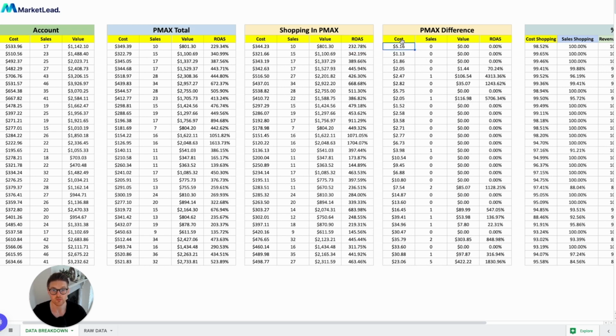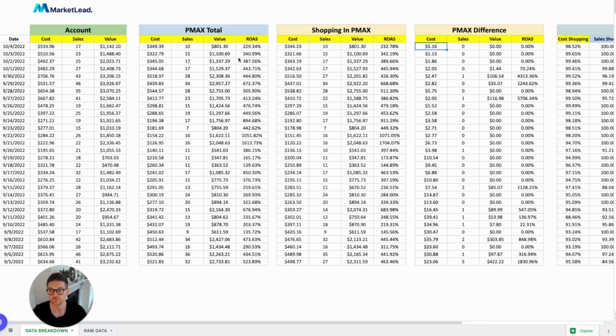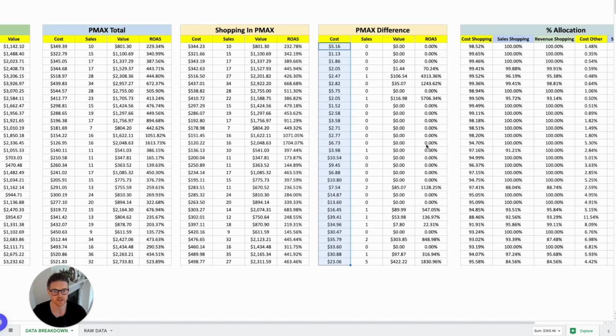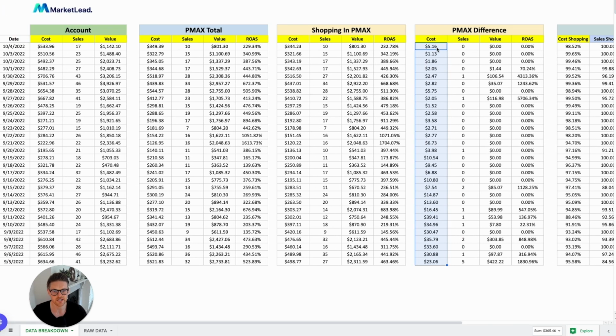So we can see here for this client, this was yesterday, they spent $5 and got no sales. Now looking at these numbers here, there's actually quite a low percentage of spend, and we can do a percentage breakdown, which is over here, a low percentage of spend that's actually being allocated towards non-shopping campaigns. So we can just assume that that's through some basic search campaigns, and then potentially a few clicks from